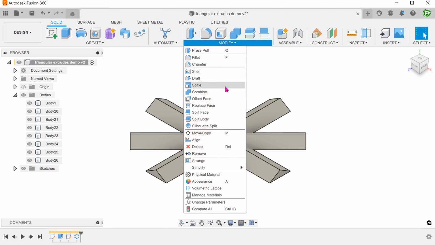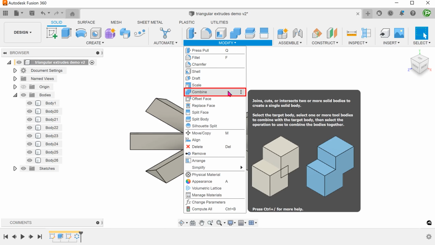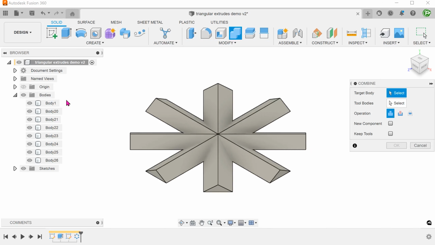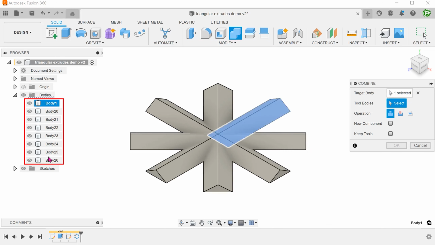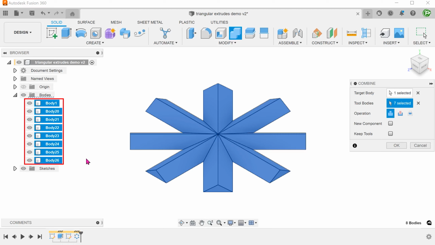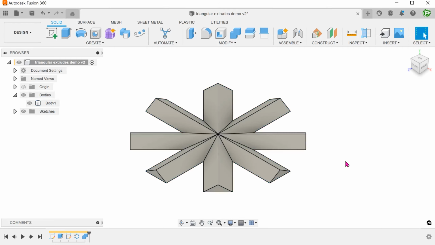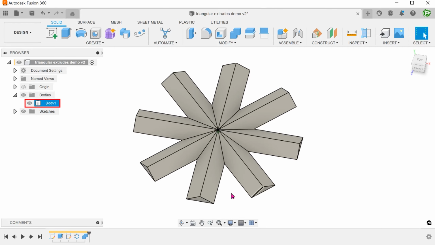Go to Modify, Combine. Shift select all the bodies from the Bodies folder and combine them into a single body. So you can see that the pattern is already taking shape.